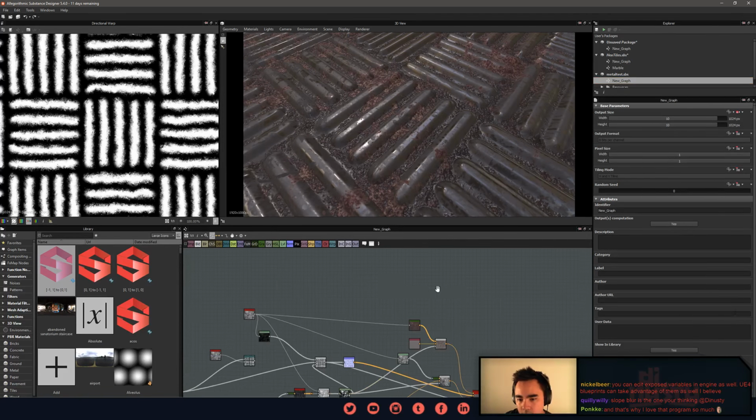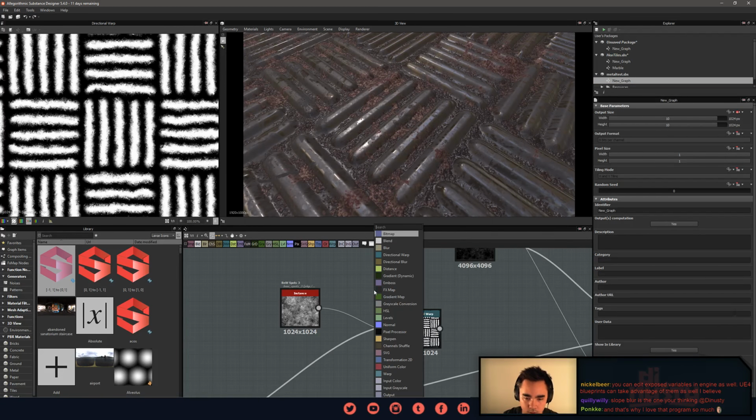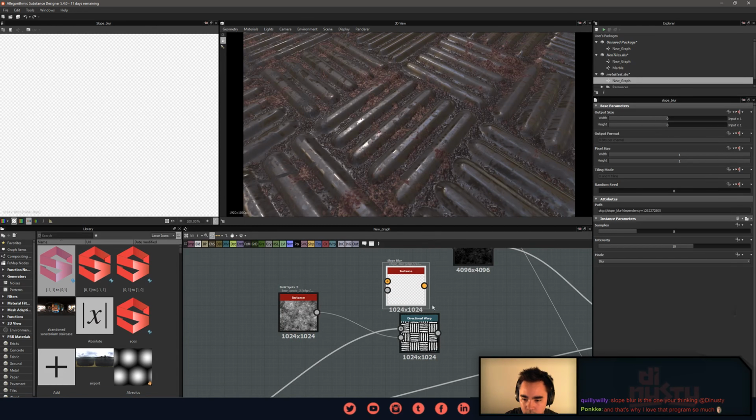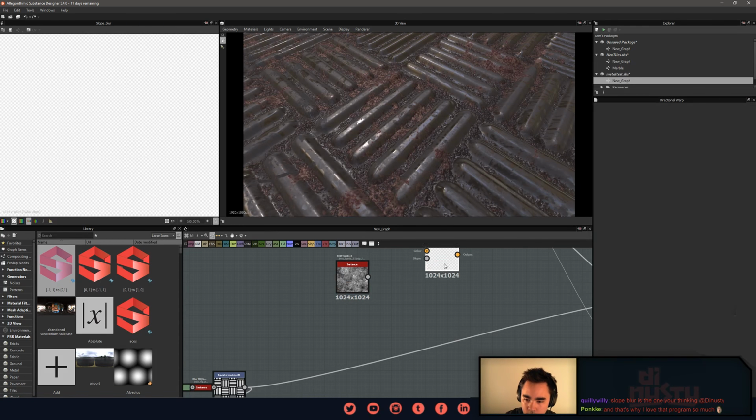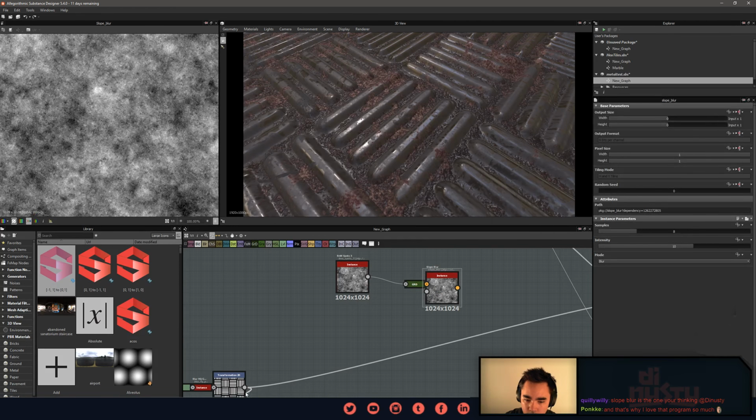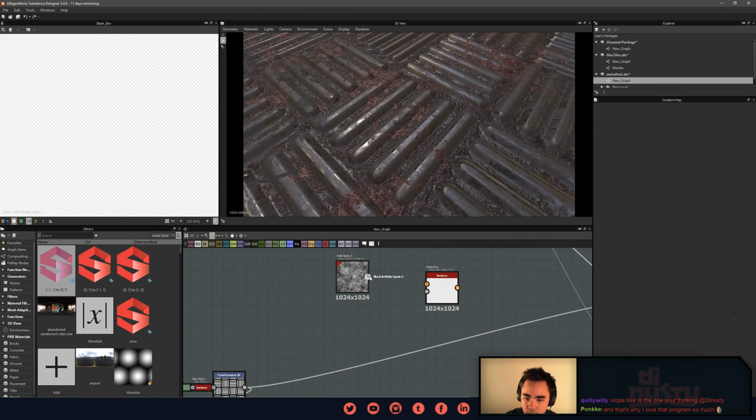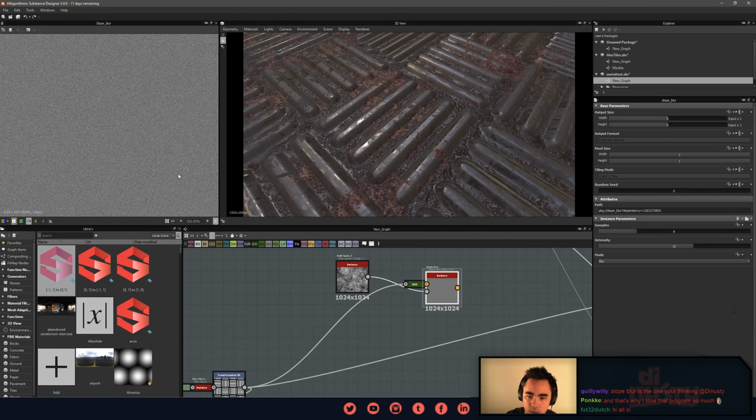Okay, so we're back to this one. Slope blur instead of this. Make sure this is,